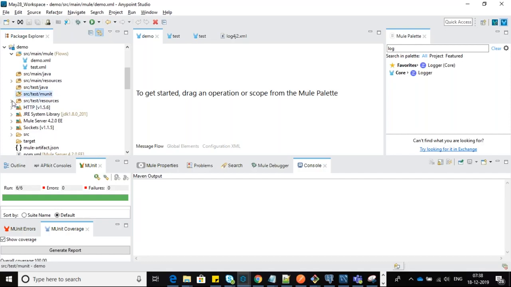The next one is src/test/resources. src/main/resources is specific to your main flows, and src/test/resources is specific to your MUnit. Sometimes, as I said, we have to maintain the mock examples: order creation example, order update example, order delete, the query parameter, all these samples.